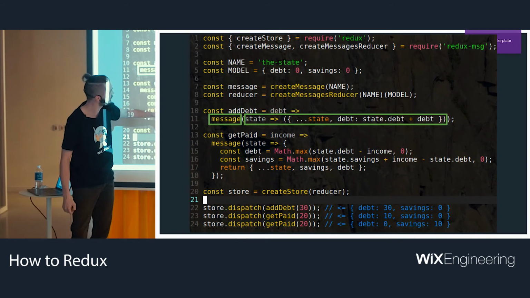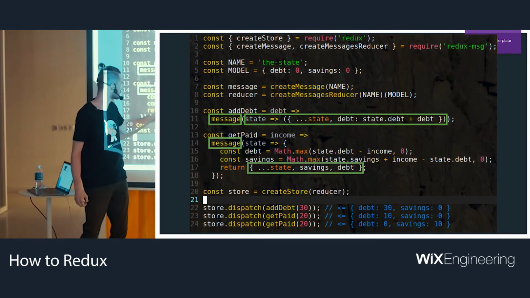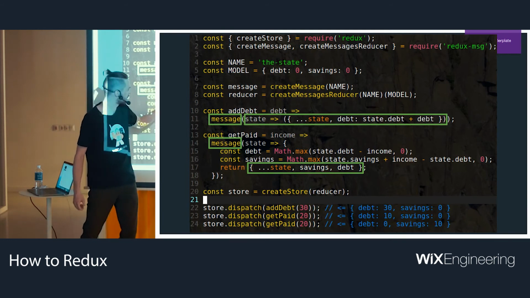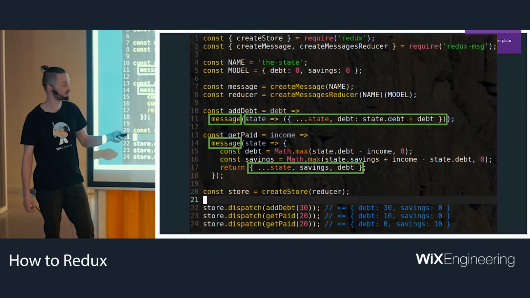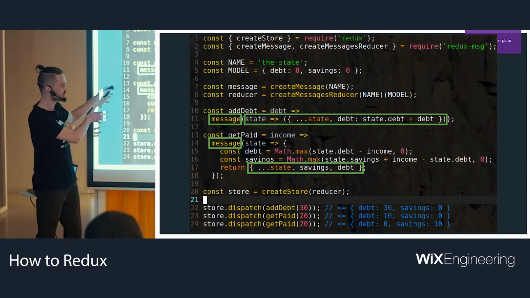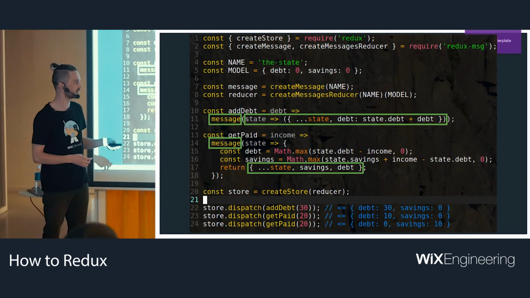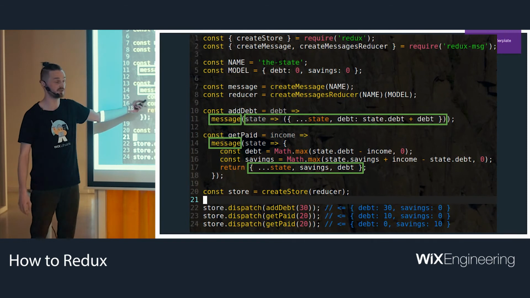Yeah, so I have this message. I pass a function for it. Pretty much the same thing happens here. And whatever is returned from this function will become the new state. So here you have the full power, the full state. Since this is an action, you can come up with things here. You don't need to wait for someone to pass a payload, because this is the place where you create the